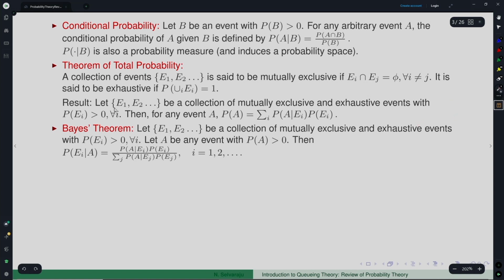Say what you have is this particular result that we are pointing out here: if you have mutually exclusive and exhaustive events such that each of their probabilities is strictly greater than 0, then you can compute the probability of any particular event A by conditioning on the E_i's, that is, taking A intersection with E_i, and then summing over each of these, as is given here. It is a very important concept which is used when you want to compute the probability of certain events, right. You can break it up into smaller pieces and then aggregate them together, that is what it means.